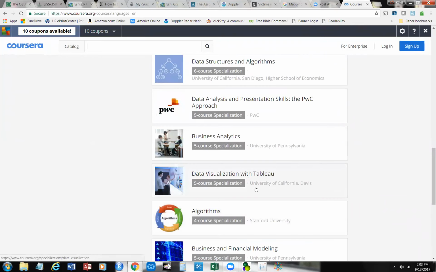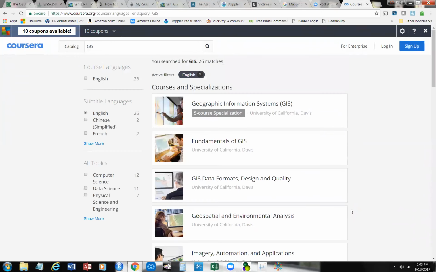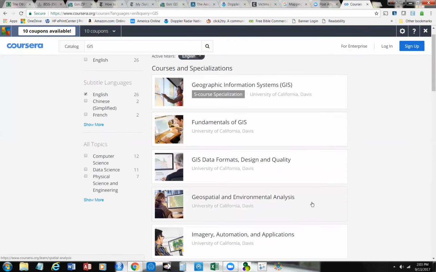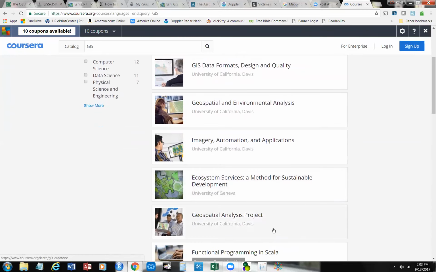And here's another one of these that we talked about, Tableau, and how we're getting these tools. But I'm gonna do a search on GIS, and you'll find here's 1, 2, 3, 4, 5, 6, 7,